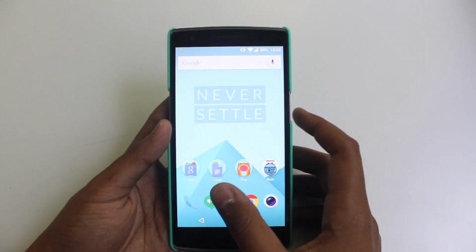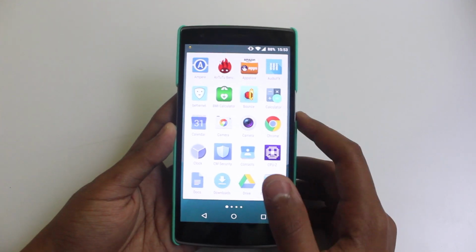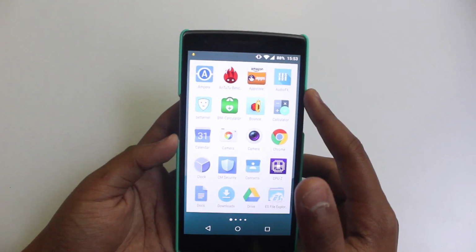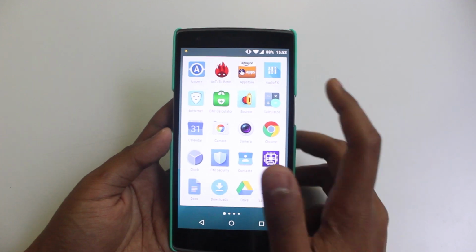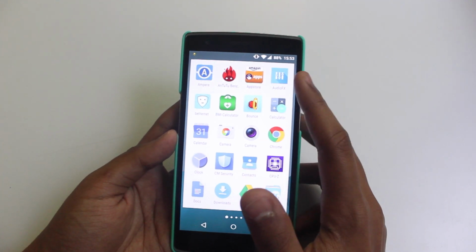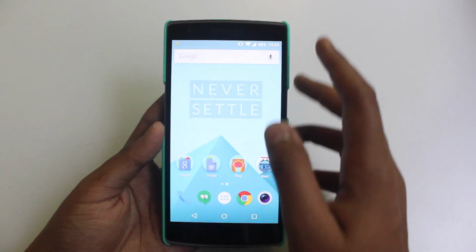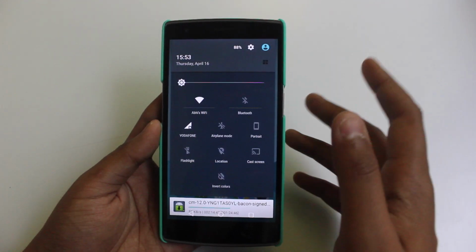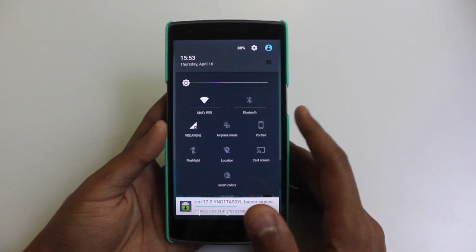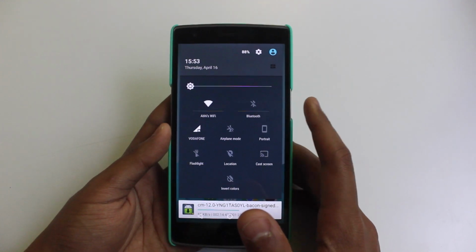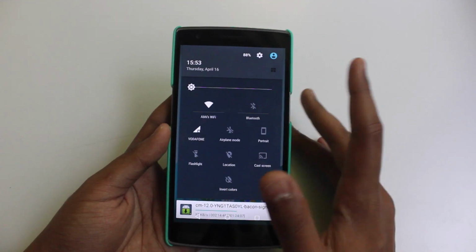Another thing that I want to say about this OnePlus One is that it also doesn't come with the audio effects application. So once again, I used TWRP Recovery to flash this audio effects application onto the OnePlus One. And if you want to notice some similarities between CyanogenMod 11 and OxygenOS: